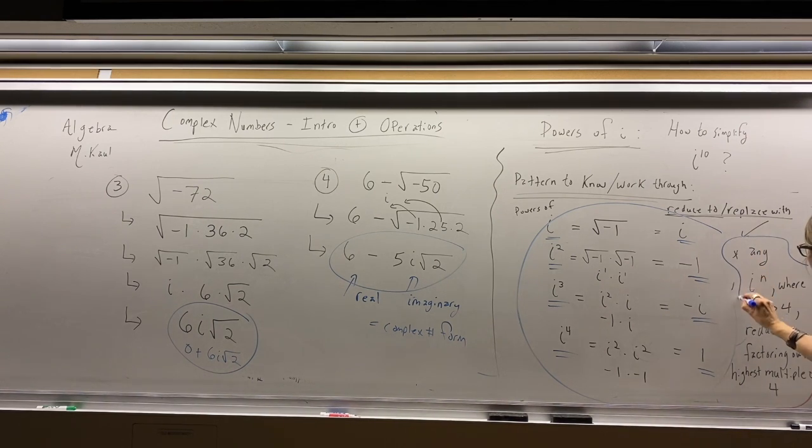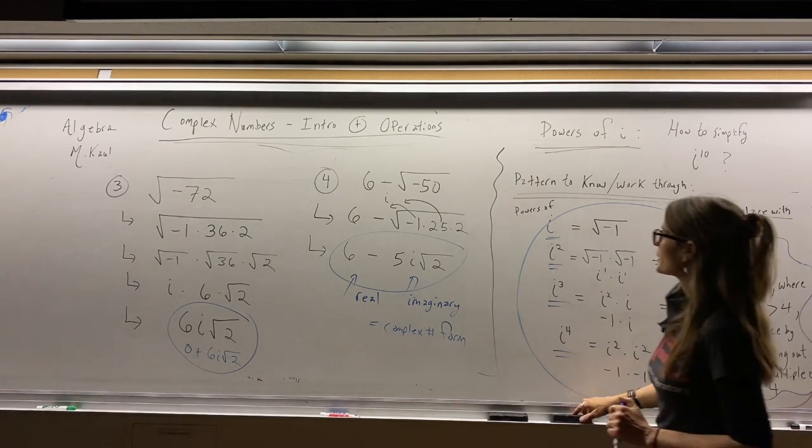So the trick is to take out the highest multiple of 4 here. This might be a little hard to see, so hopefully you can zoom in on that and see clearly. And we'll go ahead and work with